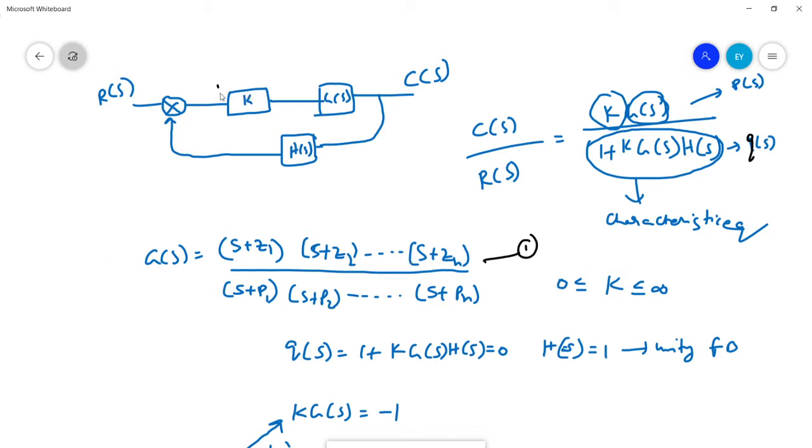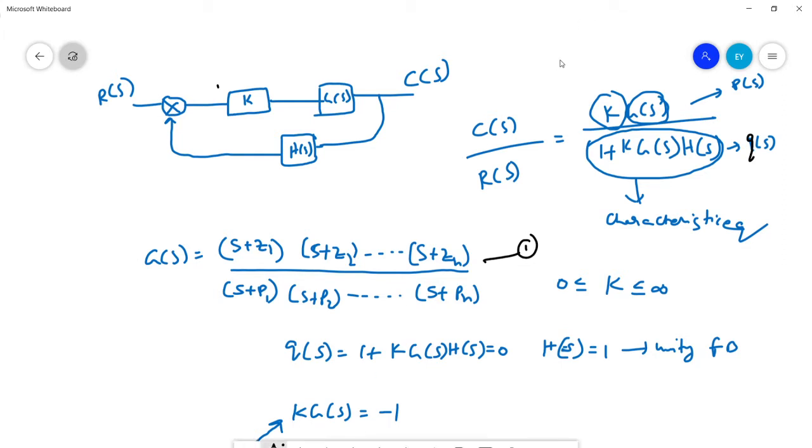So let us consider a simple closed loop feedback system with k as the controller gain, and G of s is the plant, that is the open loop transfer function. H of s is the feedback transfer function. For unity feedback, H of s is equal to 1, right? From this block diagram, if you compute the transfer function, we get C of s by R of s is equal to k into G of s,